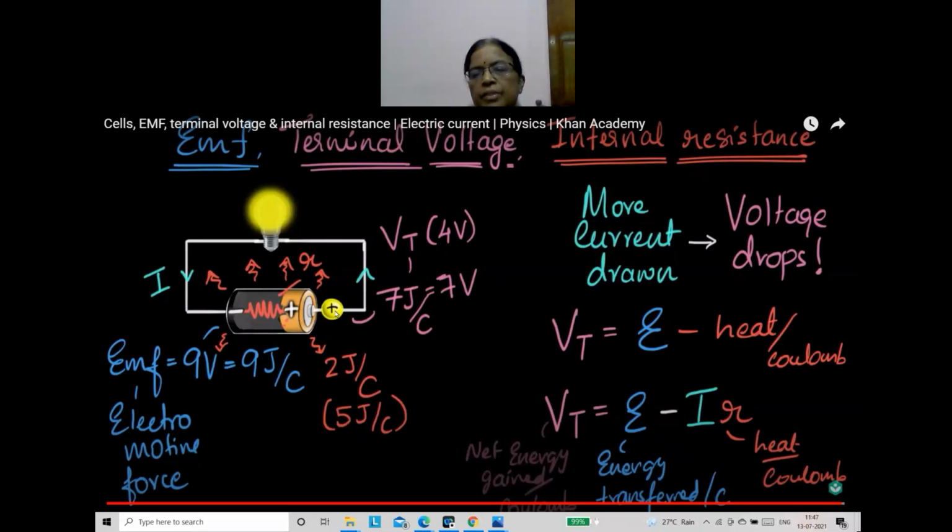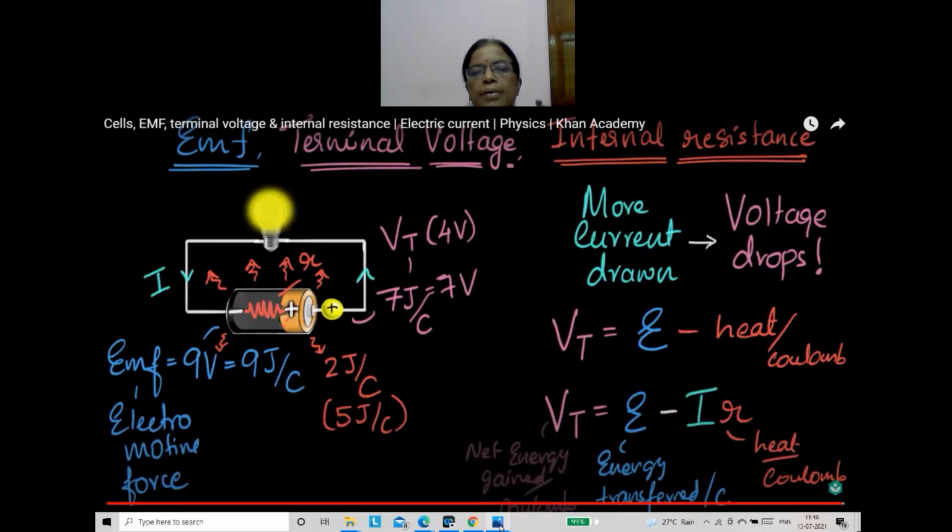What is small r there? That is the question. The resistance. Which resistance? The cell's resistance. What is the name for that? Internal resistance, internal resistance of the cell. Okay. I think those who listened understood. Those who listen, here we got the relation connecting terminal voltage, EMF and the internal resistance of the cell.